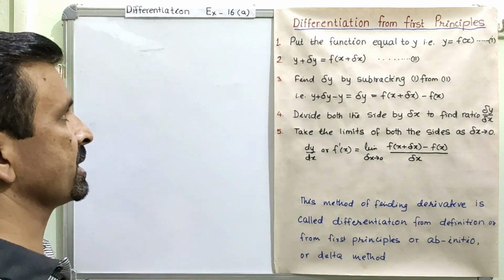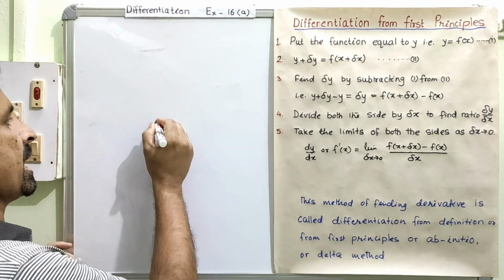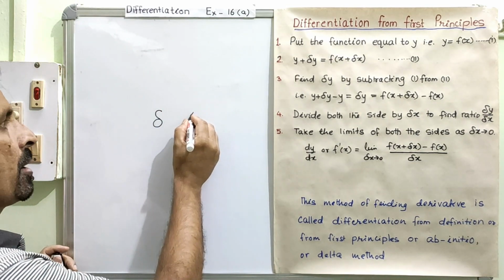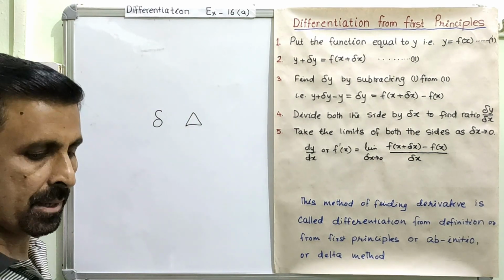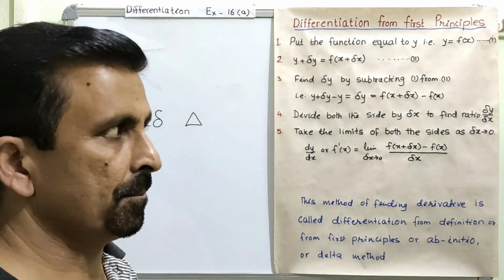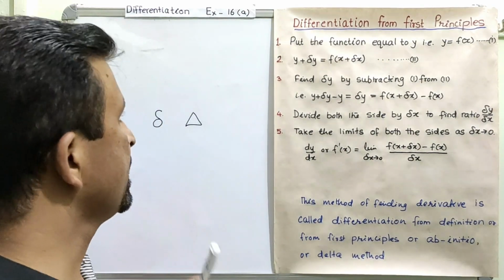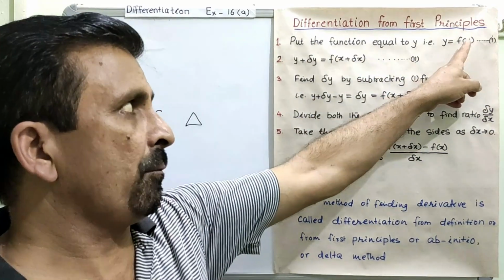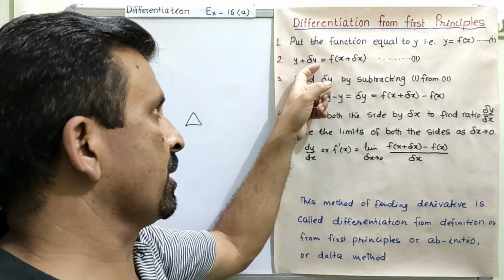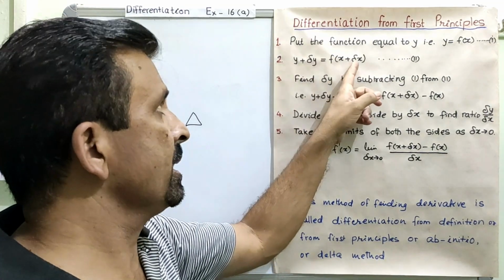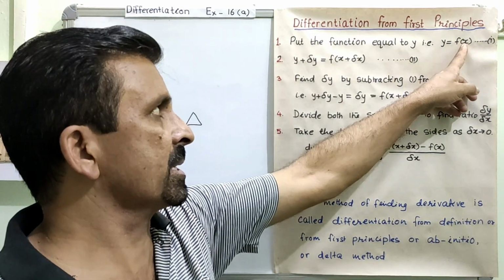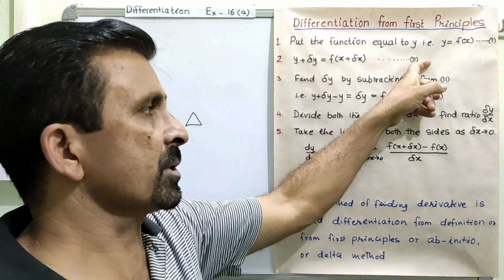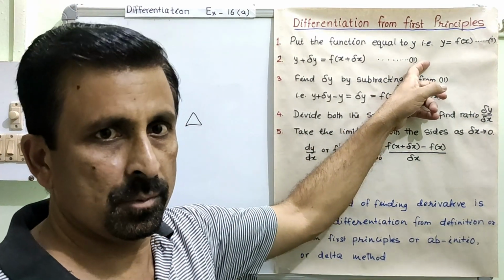We need to know how to write the delta y. There are 2 different ways of writing delta y. We can write this as this one, okay? Or we can also denote it by a small triangle. This is the notation for delta. Am I very clear? So these are the notation. So step number 2 is we are increasing y and x by a small quantity. We are calling it as delta y and delta x. So x is increased by small quantity. So with x we will have plus delta x. And this equation will be named as equation number 2.